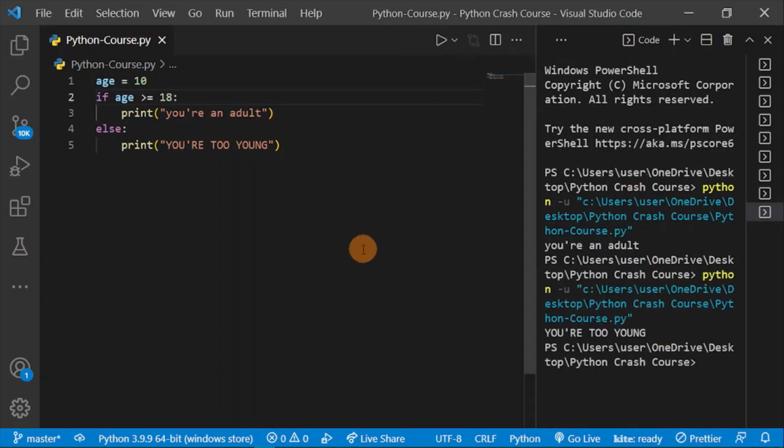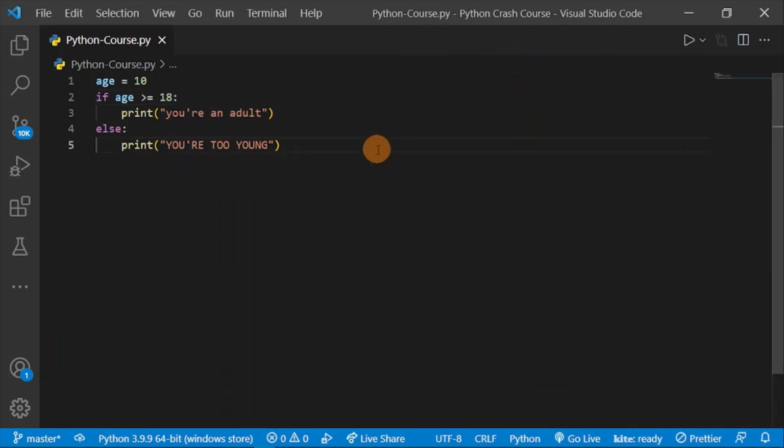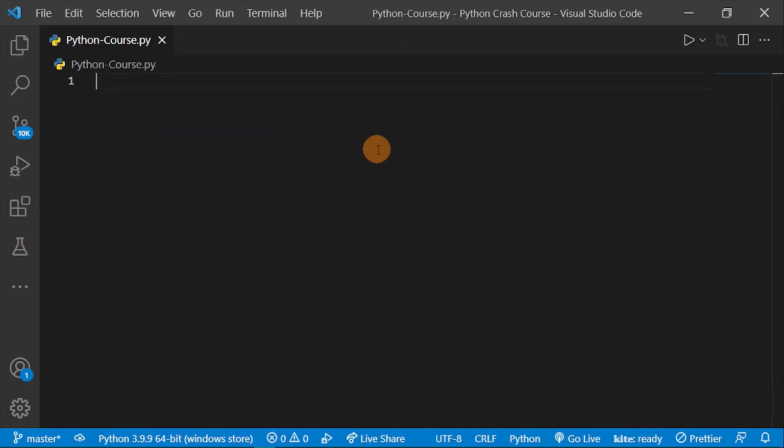Okay, so it works fine. So we're making progress. Now let's do some if else statements. So now let's try. We can do if age is less than 4,